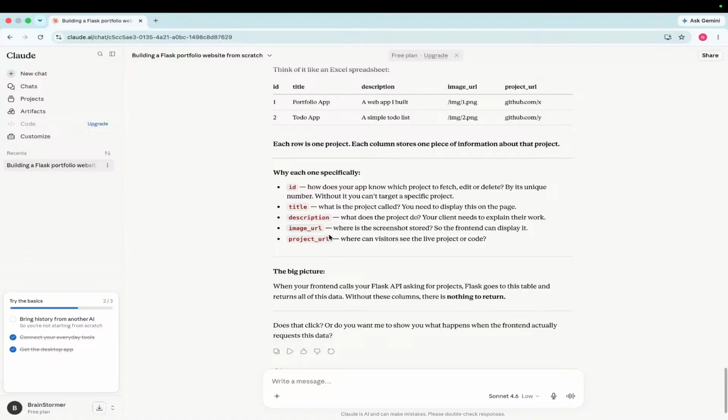When your front end calls a Flask API asking for projects, Flask goes to this table and returns all of this data. Without this column, there is nothing to return. Okay, this particular database table is responsible for actually telling